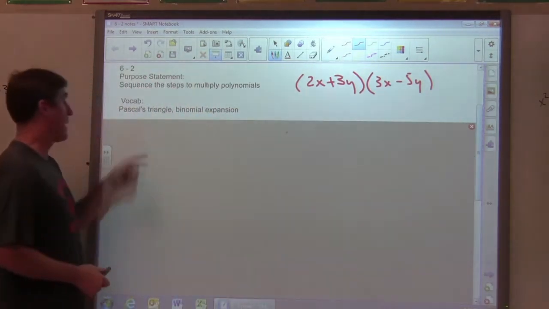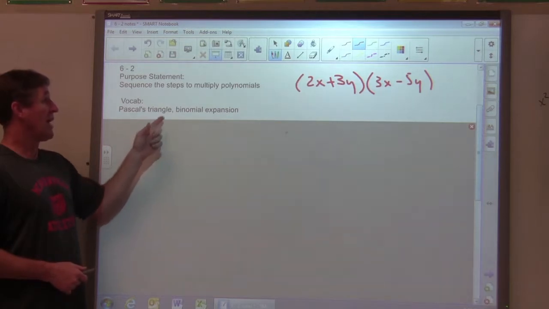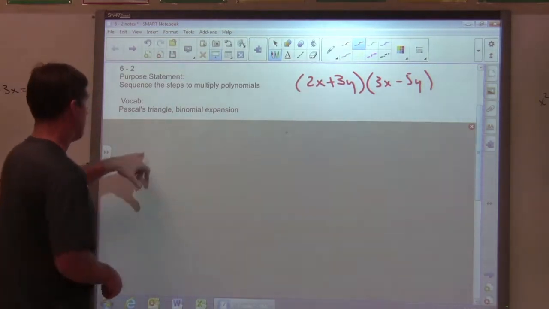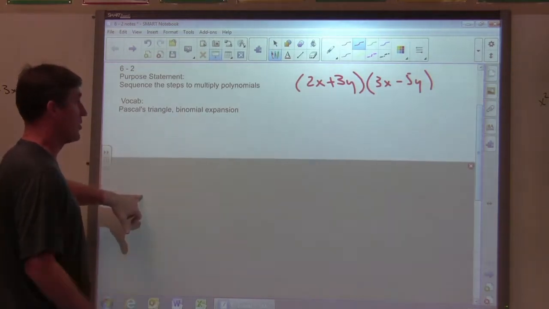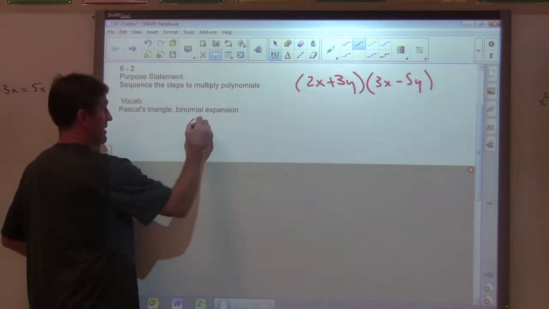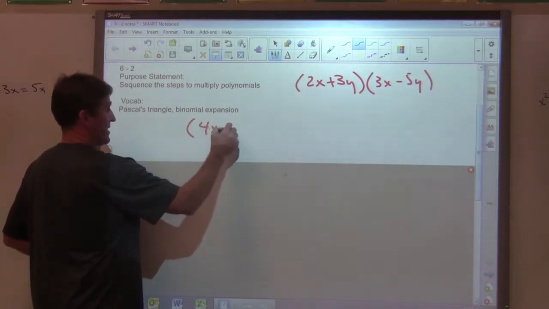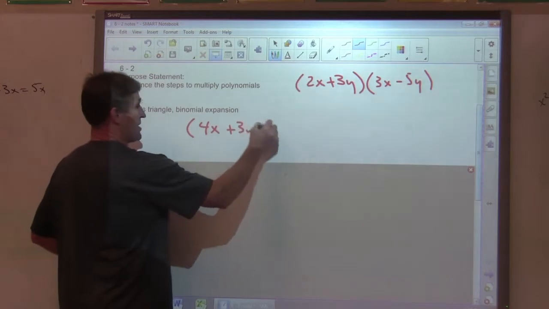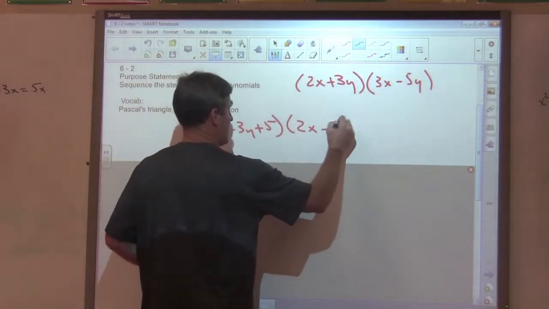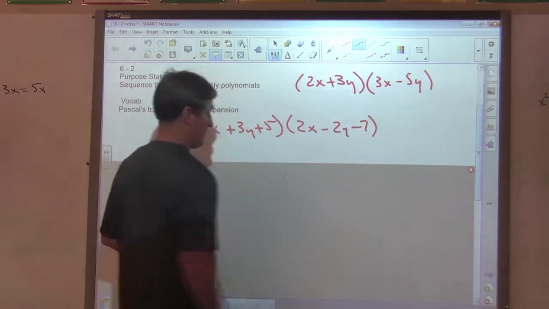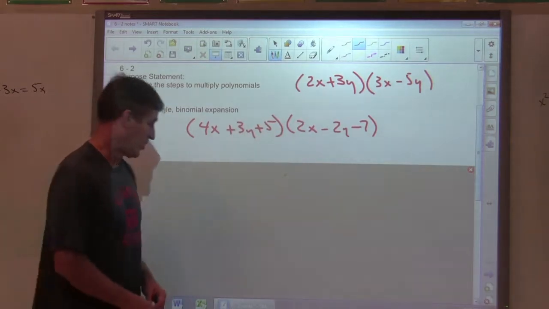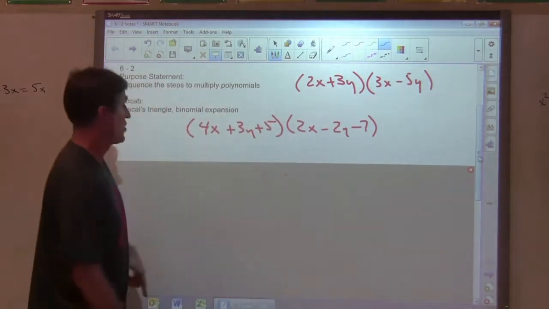So our vocab for today is Pascal's triangle and binomial expansion. And you'll see those as we come to them. The first thing you're going to do is just multiply polynomials, like maybe 4x plus 3y plus 5 times 2x minus 2y minus 7. And so now, like I said, you can't use FOIL on this because we have three terms. So if you want to just use the claw,